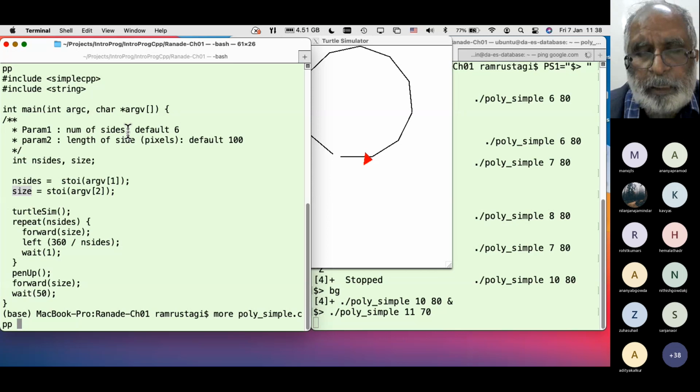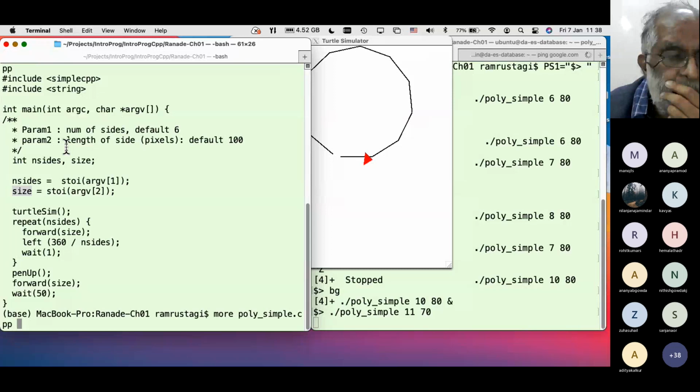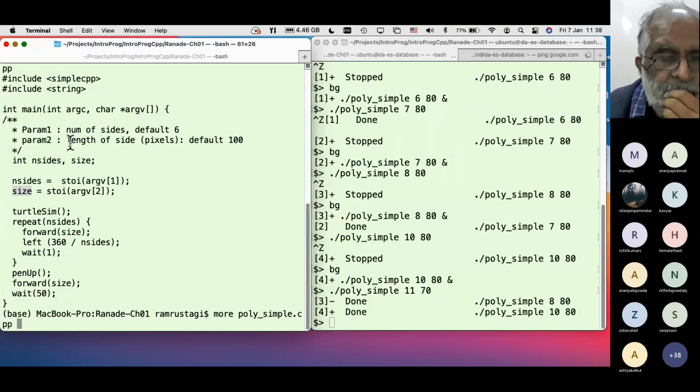Any thoughts? Any guesses? Sir, is it because of an odd number of sides?